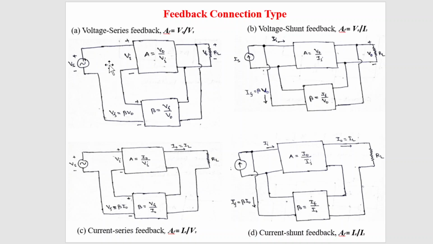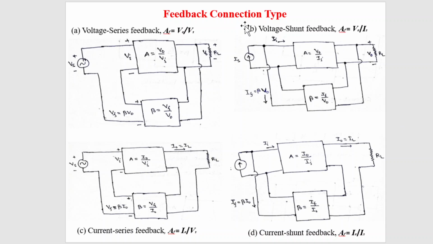Here at the input we have a voltage, and at the output we have a voltage. A fraction of the output voltage is connected in series with the input voltage source, so here plus to minus and minus to plus through a feedback network. The output is Vo, a voltage, and the feedback is also a voltage. So we can find beta, how much feedback we are giving. Beta is equal to the feedback voltage divided by the output voltage. They are connected in series combination.